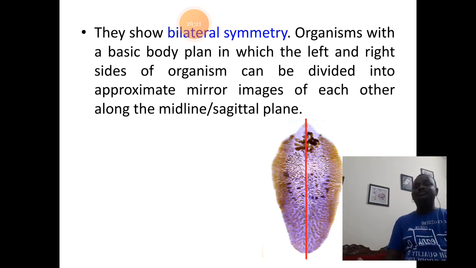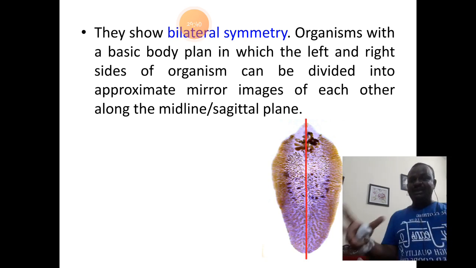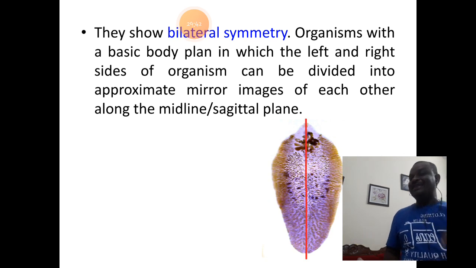When you pass an imaginary vertical axis through the mid portion of the body, right from the head region to the toe region, or anterior to posterior region, which we call a sagittal plane, and you divide the animal with that vertical axis into two equal halves, you call that symmetry. Two equal halves, getting two mirror images as the result, is called bilateral symmetry. So all flatworms exhibit